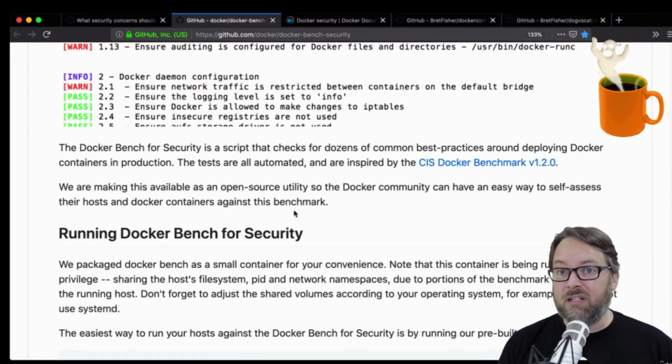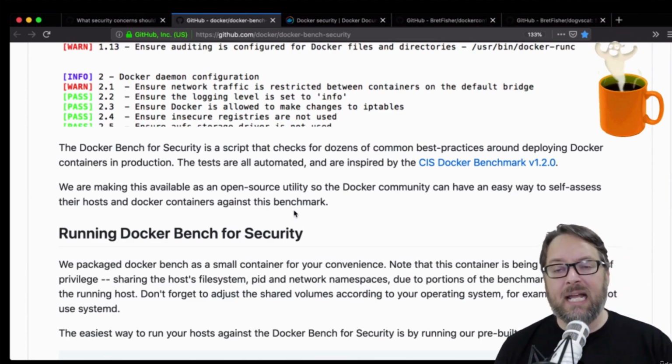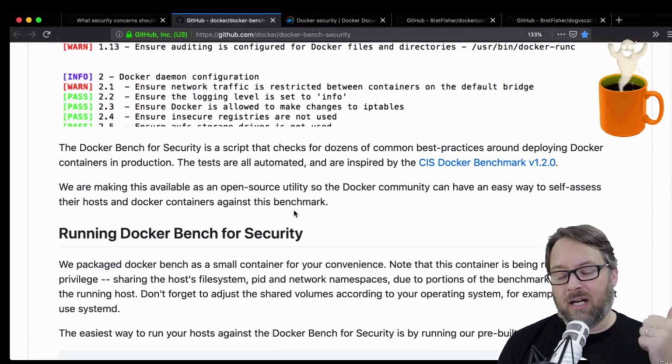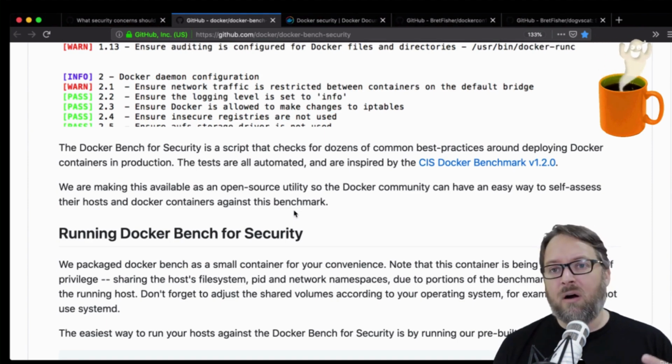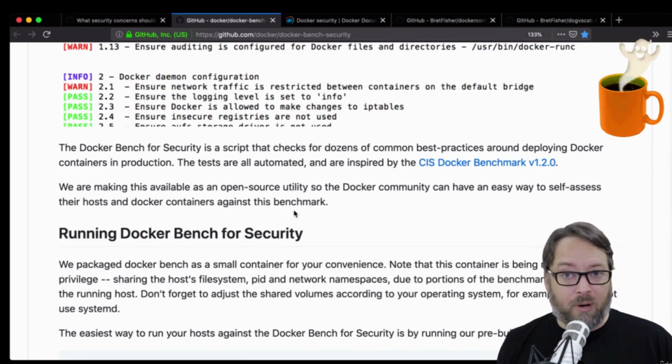It's a configuration checker. It's not scanning for viruses or vulnerabilities or anything like that. It's scanning your configuration. Did Docker get installed properly? Does Docker have all the right permissions that it needs? Does it have all the right kernel capabilities to perform proper functionality, especially around security?